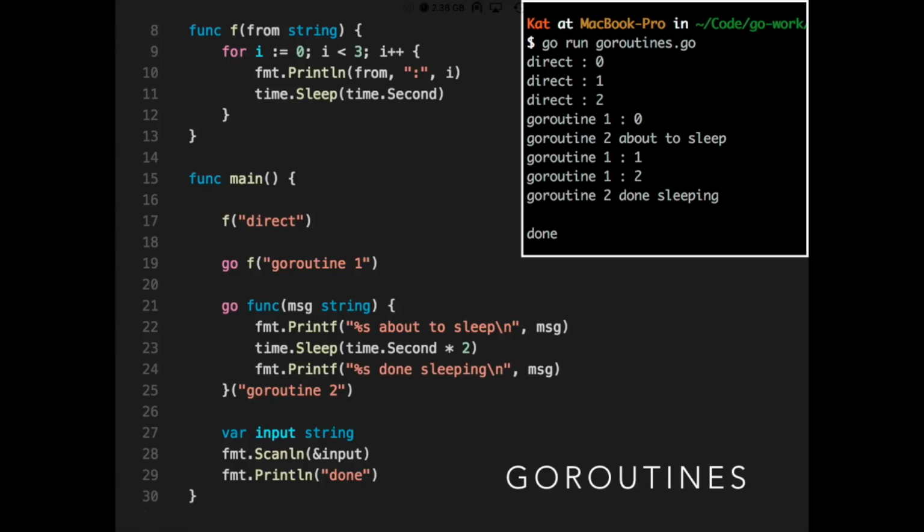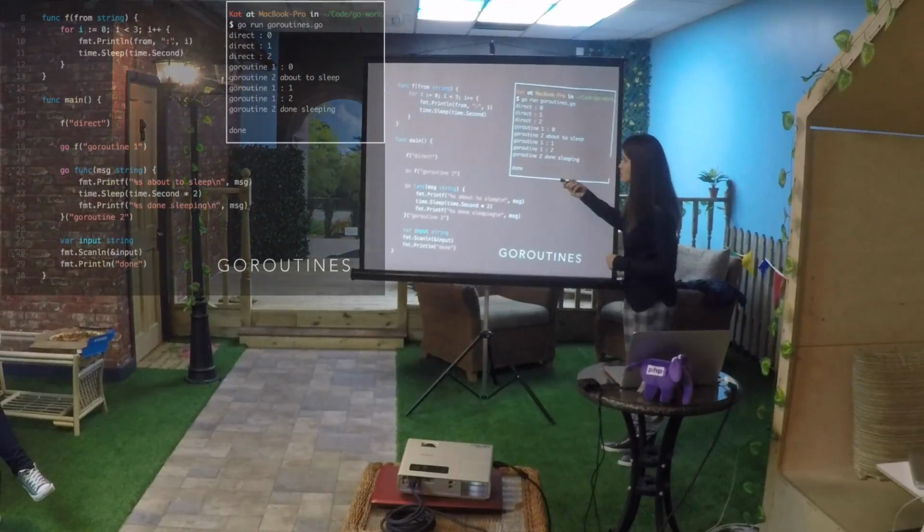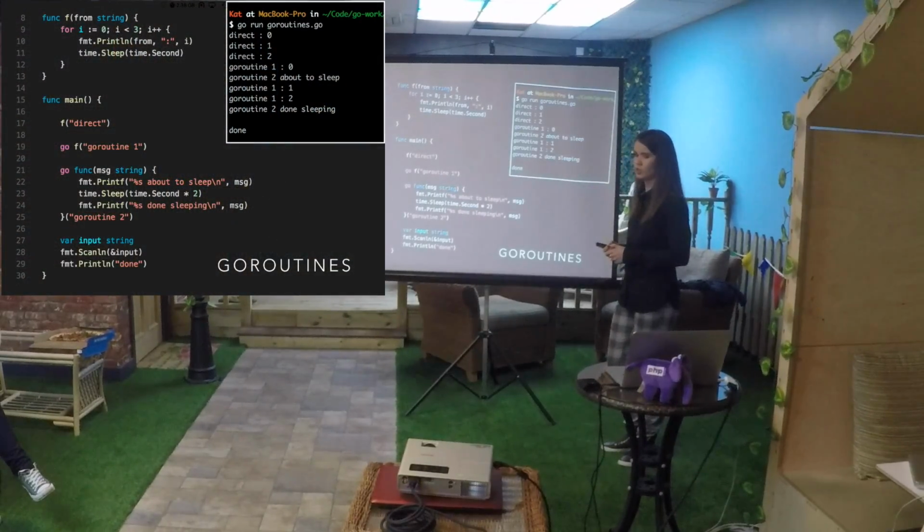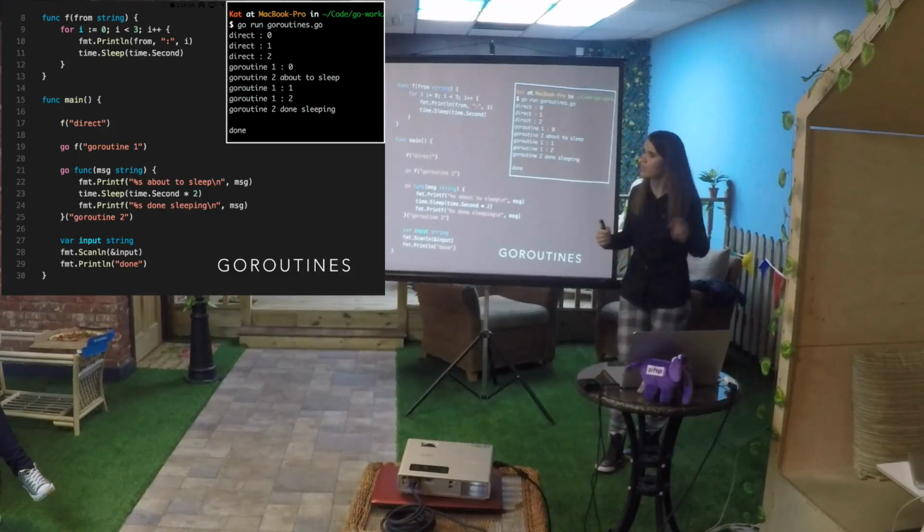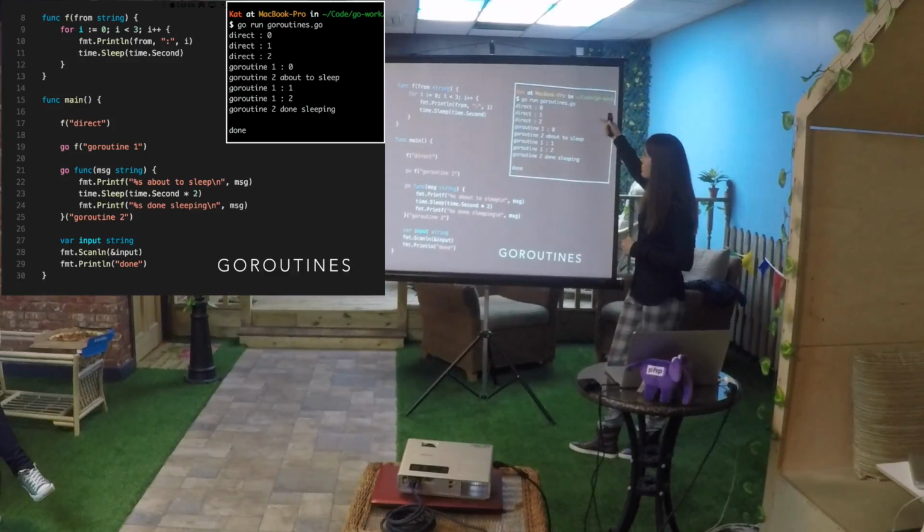These are still fairly simple examples just to illustrate how we do concurrent programs. So at the top, you've got a simple function. It takes in a string, loops through the for loop 3 times, printing out the iteration number and that string, and then sleeps for a second every time it loops through. In the main function, the first call, the one on line 17, is just how you'd normally call a function. That's standard, same as PHP, you just call f directly. And you can see in the output on the left that the first 3 things are direct 0, 1, 2, which is just that function. So this is still one thread. It's the main thread running through that loop 3 times.